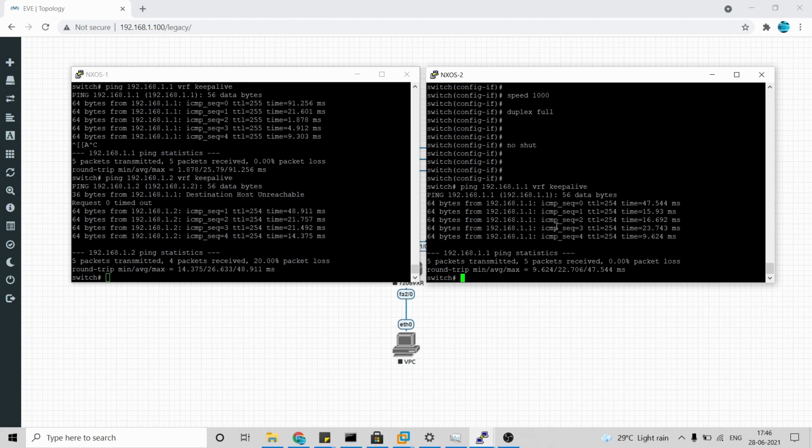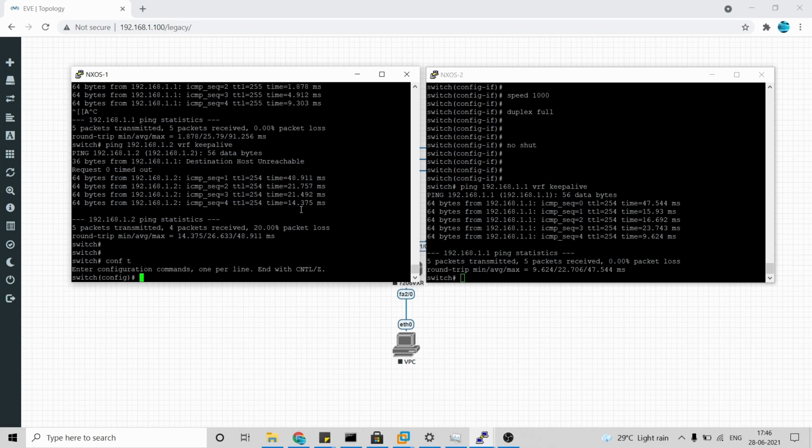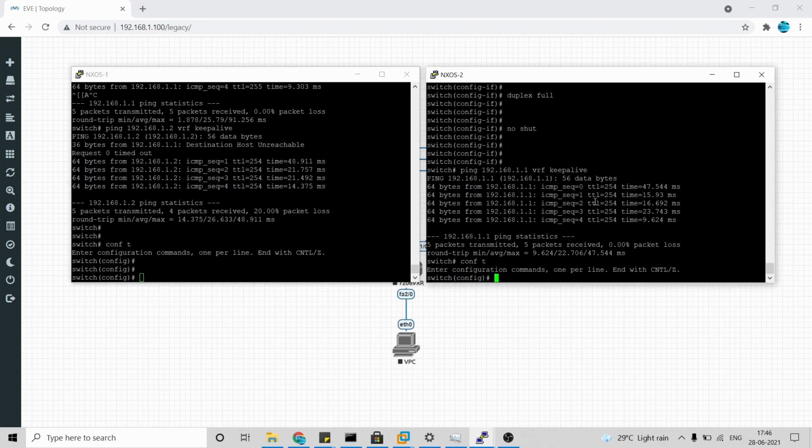So next is establishing the VPC peer keepalive link. Here again, we have enabled the ping. Now we'll have to enable the keepalive. There's a small one line of configuration for this. I'll just show you that here. So just focus on this. We should configure this under the VPC domain.